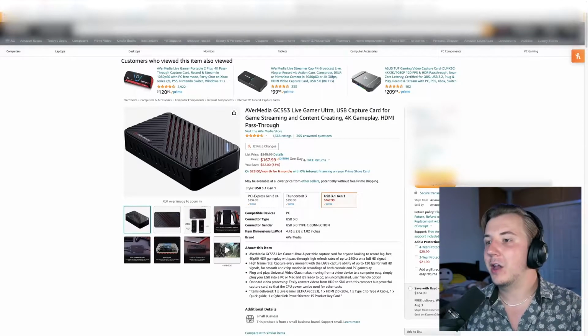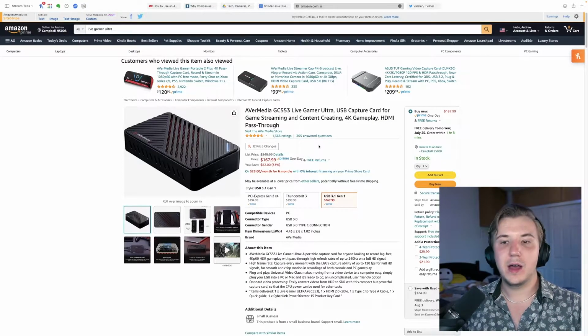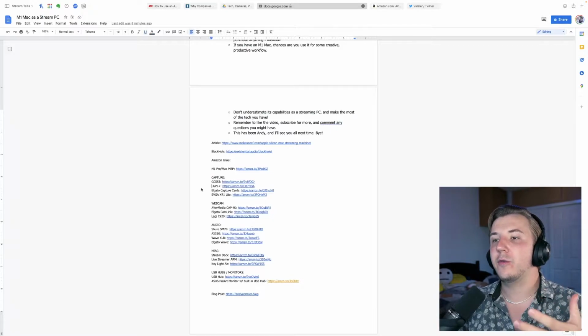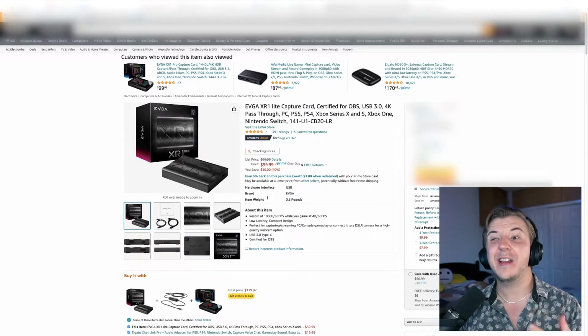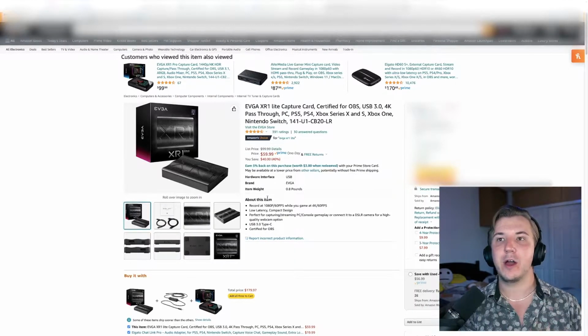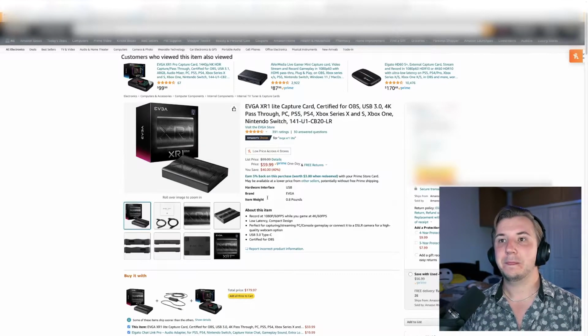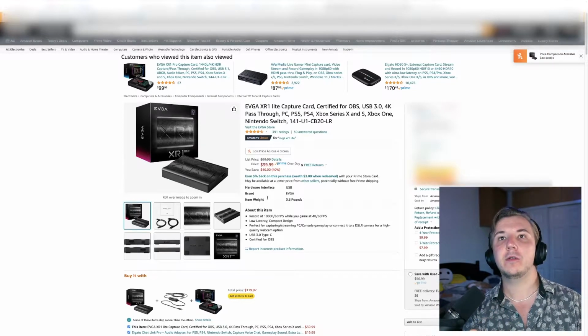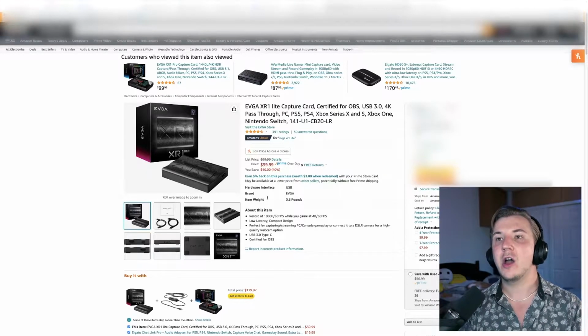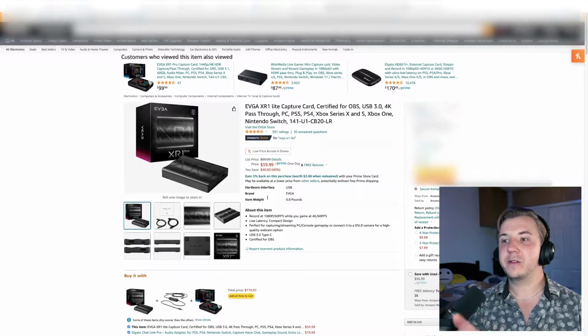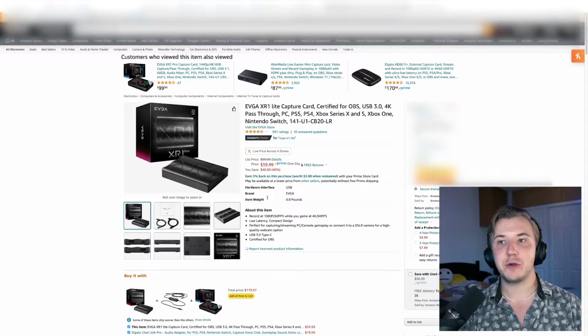We're capturing content, whatever. So next up, if you are looking for something more budget, the EVGA XR1 Lite is by far the best bang for buck. It's not as reliable as something from Elgato or AverMedia because EVGA capture cards are one minuscule fraction of a product line for EVGA because they make everything, whereas capture cards are the bread and butter of AverMedia and Elgato. So this is by far the best bang for buck capture card, but don't expect the best support or